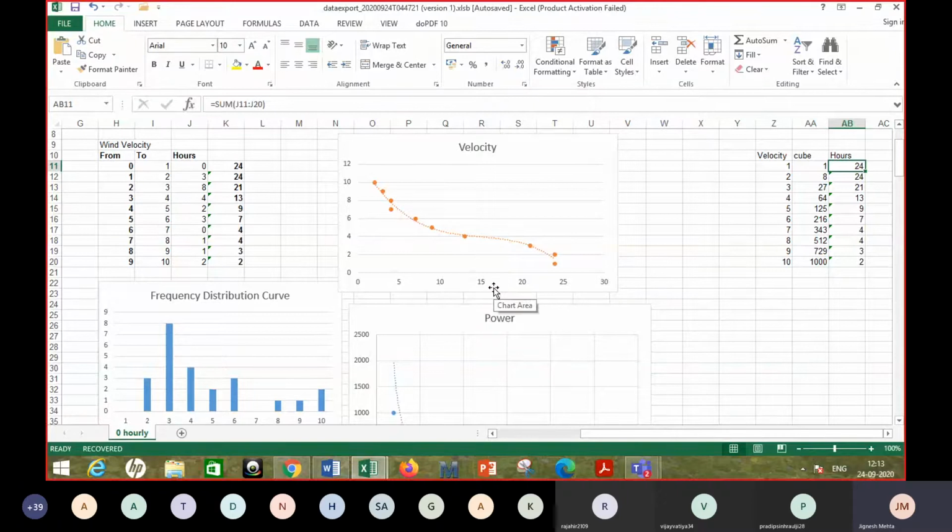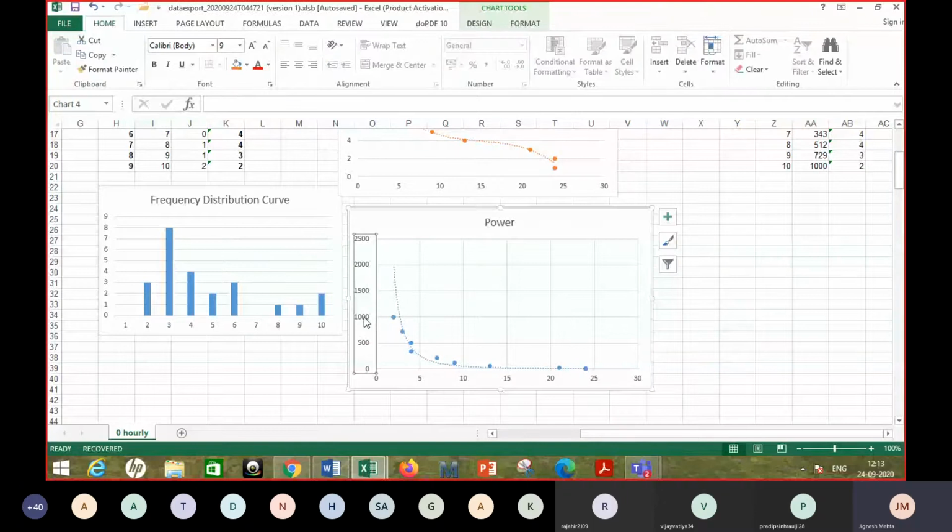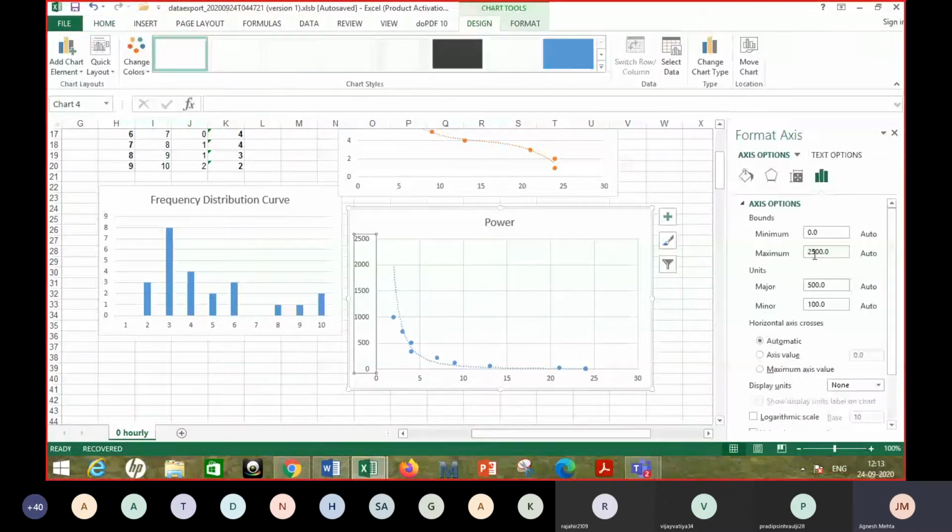So you get this curve right here. Like I have not multiplied it with 1/2 rho into A, right? But still the trend would be same. The trend would be same. Now here, because the range is too big, you see this portion very flat. What I could have done is I can perhaps reduce the range here. Okay, so let me do that. Like I can reduce the range here rather than this. I make it, let's say 1000 here. So you can see how the curve rises, right?